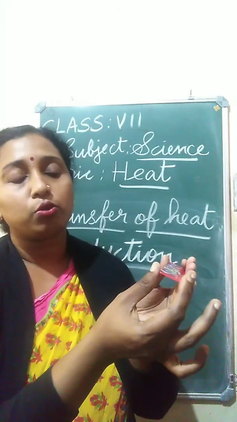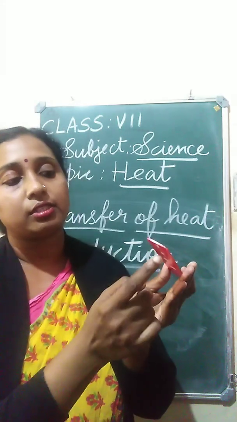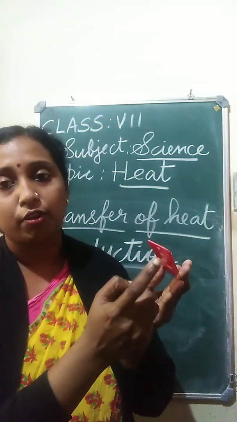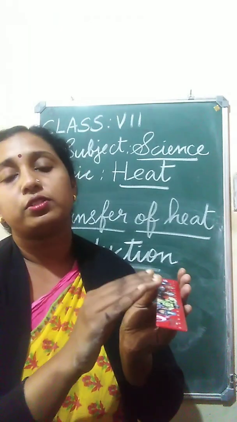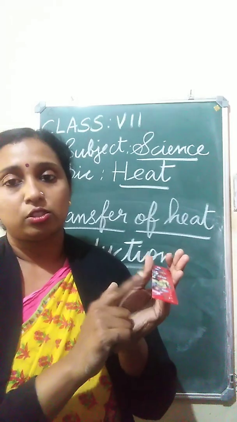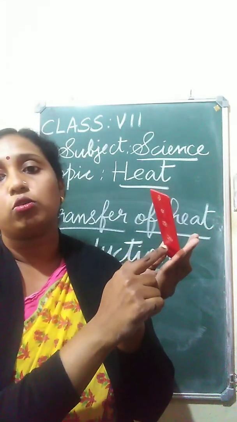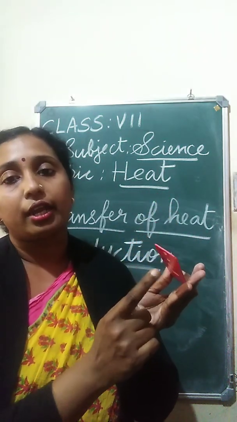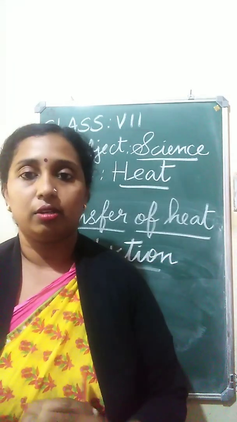After a few minutes you can see that the wax melts and falls down, and it continues like this, starting from one, until all the waxes have melted off. This proves that heat is always transferred from the hotter end to the colder end. The waxes started to melt from here, then it goes to the other waxes. So this is an experiment to prove conduction.